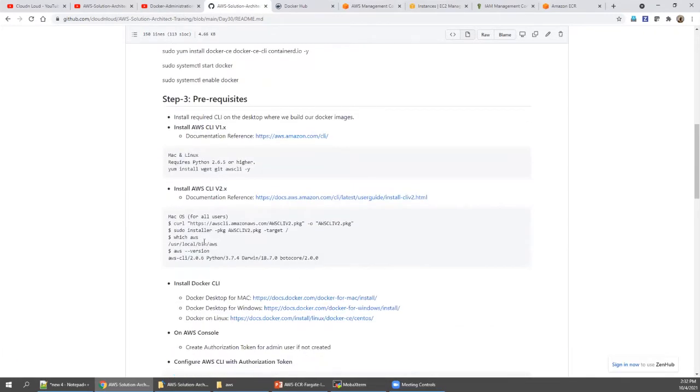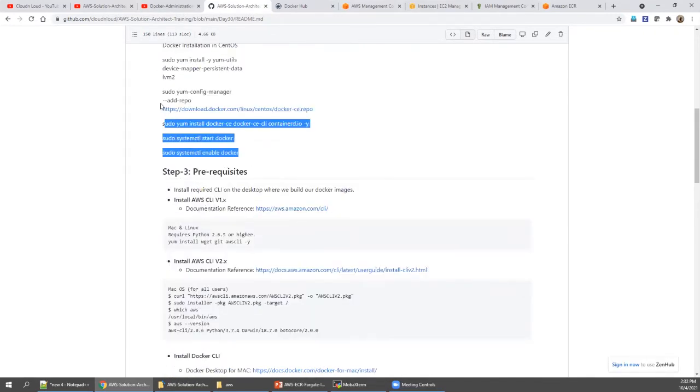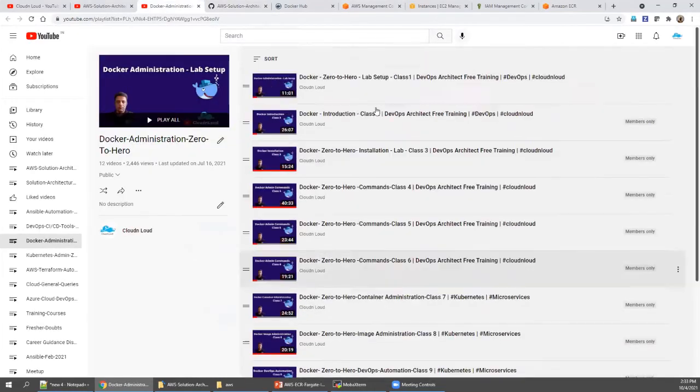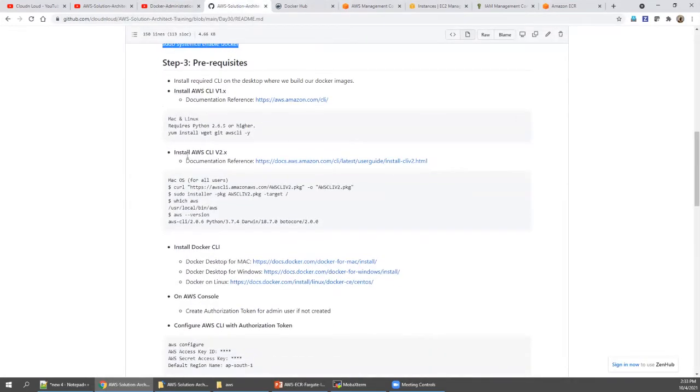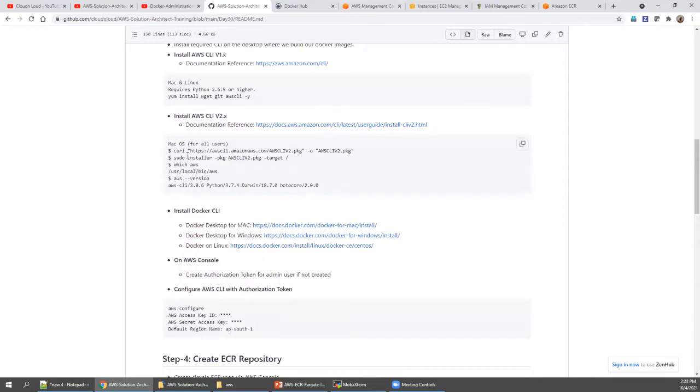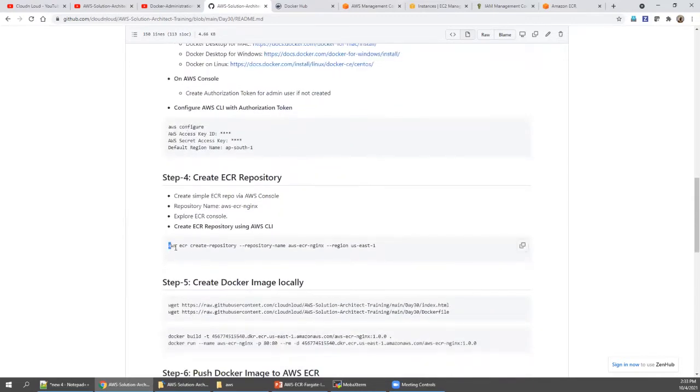The reason we are installing Docker, actually this is no need, but what I'm saying is, suppose you want to create a manual Docker, as I said, for doing all this you need one Docker machine with Docker installed. If you already know this, then no need. But for today's class, we need AWS CLI installed. You need to have one Linux machine, and from there you are just going to perform AWS commands.